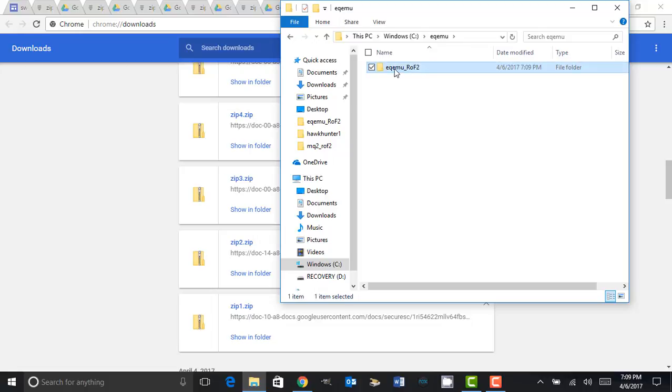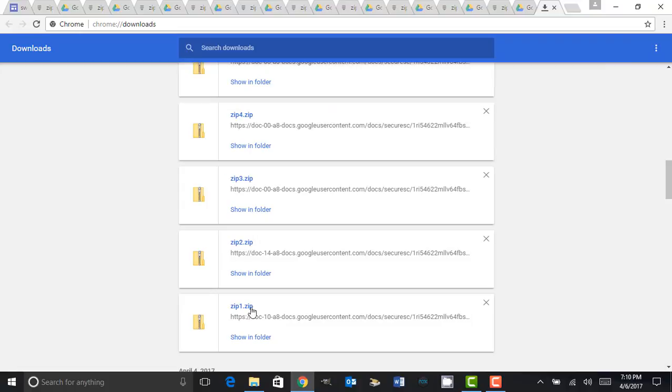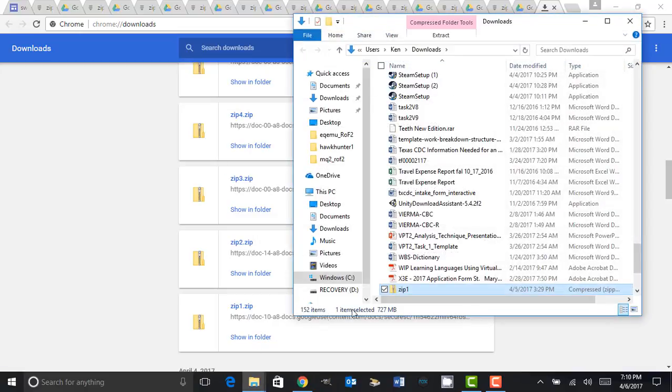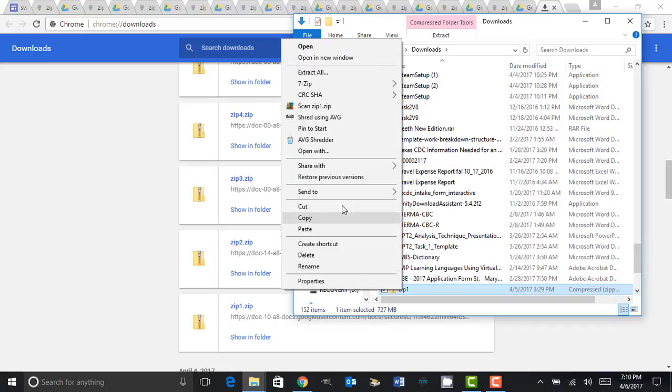Okay, and this folder, EQEMU ROF2, is the folder that we will be unzipping our zipped files into. All right, so if we just back up here, we have our folder here. All right, so we go back to our downloads, and we got file 1 here. It's called zip1.zip, and we will go to show in folder, and then right click and extract all,